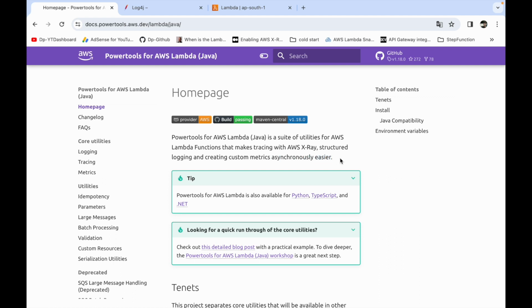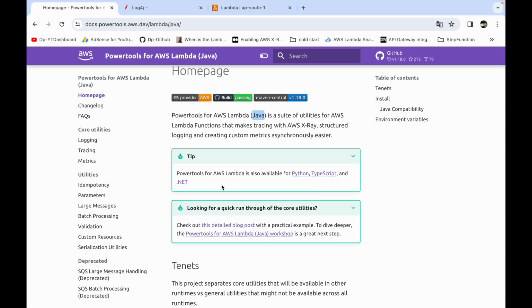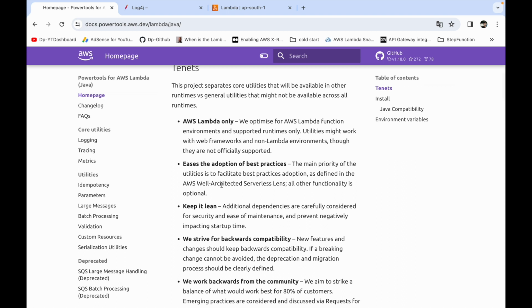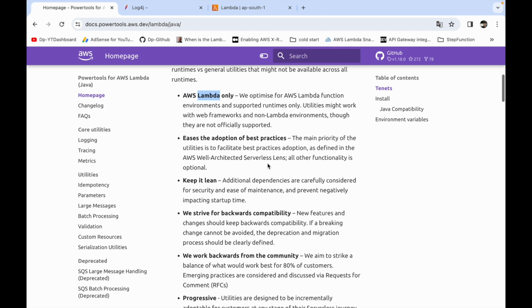In this video we're going to look at how you can use Power Tools for logging in your Lambda application, which is written in Java. Power Tools is also available in different languages like Python, TypeScript, and .NET, so feel free to check that out. And Power Tools is only available for the AWS Lambda service, and it eases the adoption of the best